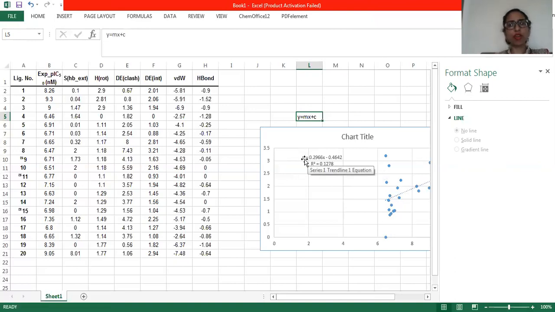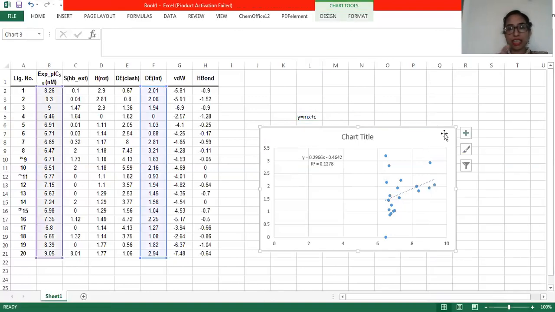Fine. Here, if you have any calculation or values of the hydrogen bond, fine, these are all about DE. These are the clash values. These are the steric factors. If you want to know about these in detail, these are the QikProp descriptors. If you want to know about these descriptors in detail, please do mention in the comment box. I would like to explain that in detail also. Fine.